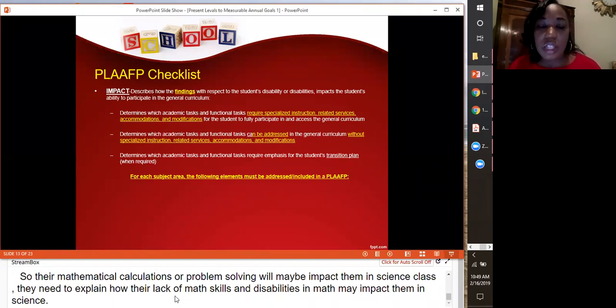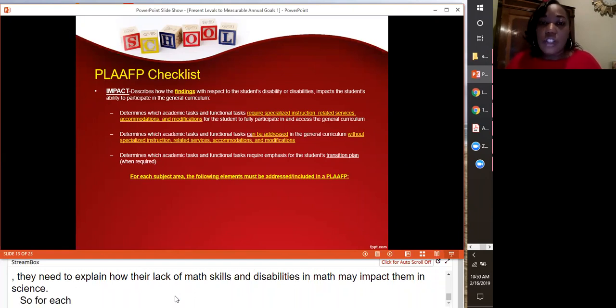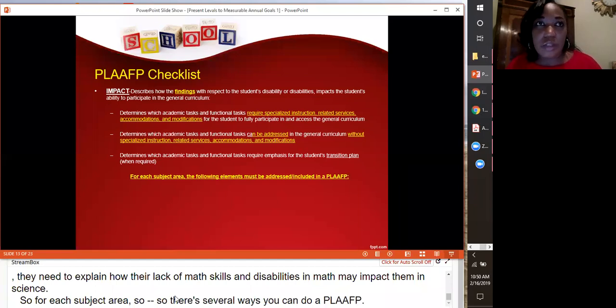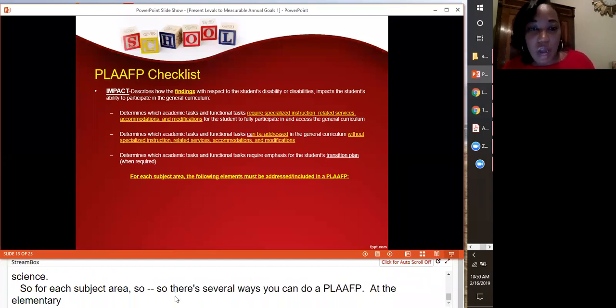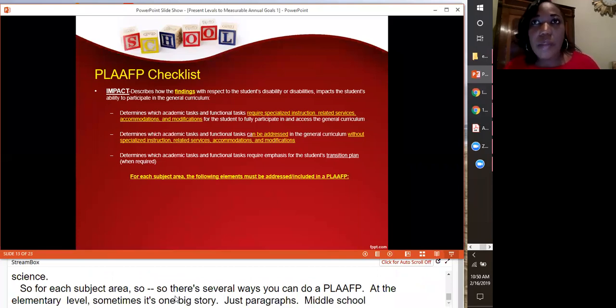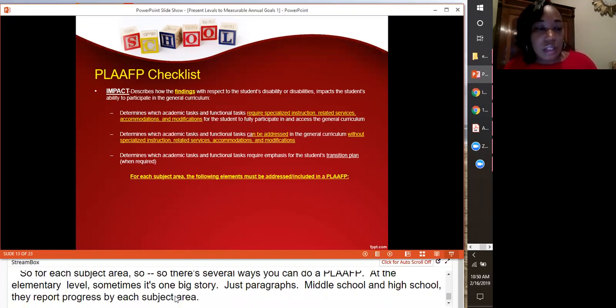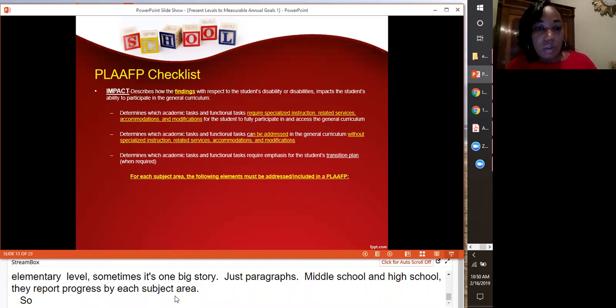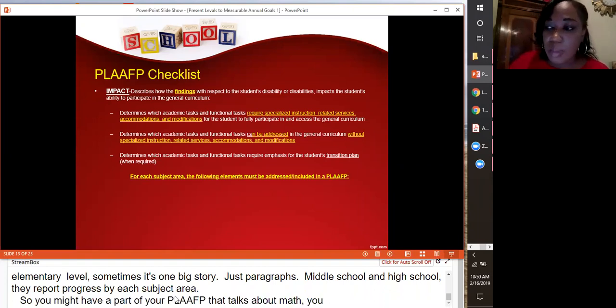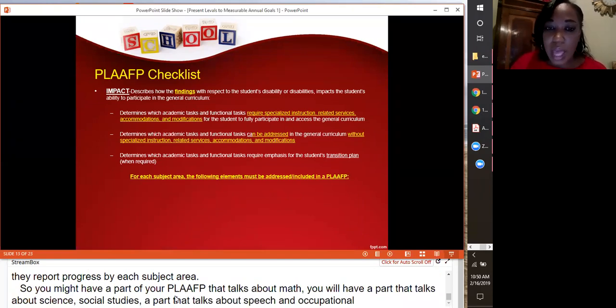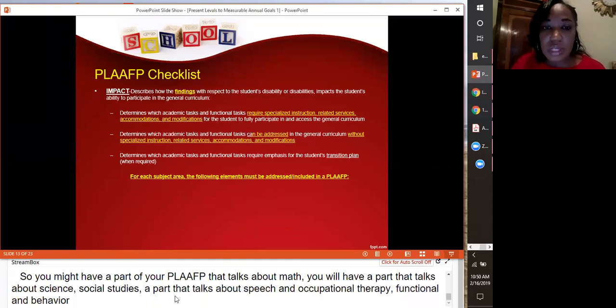So there are several ways you can do a PLAAFP. At the elementary level, sometimes it's just one big story, just a paragraph. In middle school and high school, they report progress by each subject area. So you might have a part of your PLAAFP that talks about math, a part that talks about science, social studies, and there might be a part that talks about speech and occupational therapy, and functional and behavior. So for each of those subject areas,